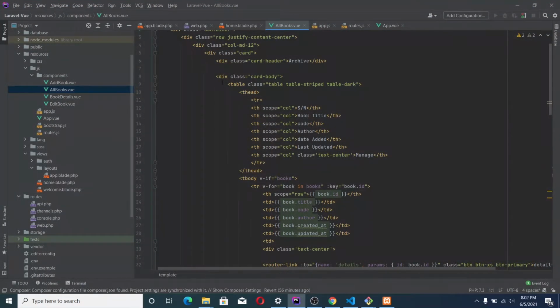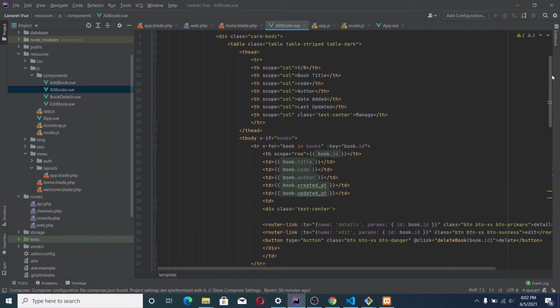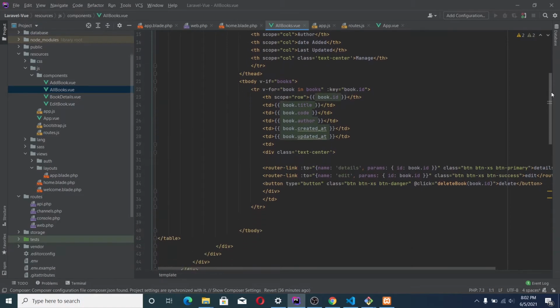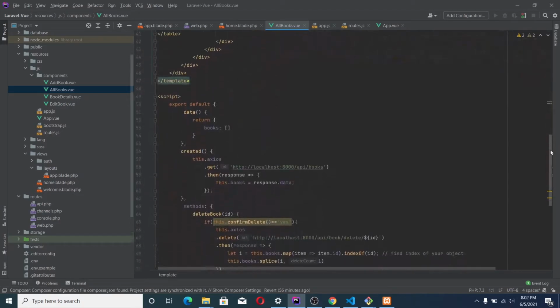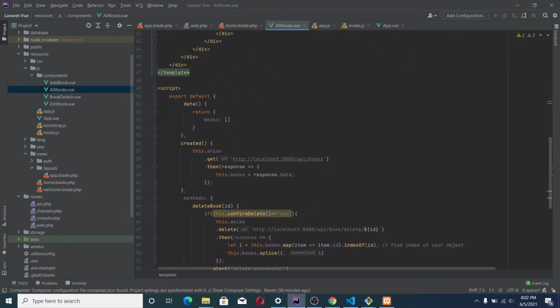Alright, so we are creating a table that is going to have this SN serial number and here. Now in this body we are checking to see if this variable here, books. Here we have created a variable called books in our script tag. This is going to store our books that are going to be received from the database.